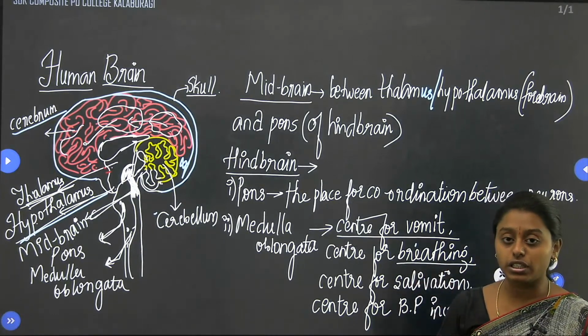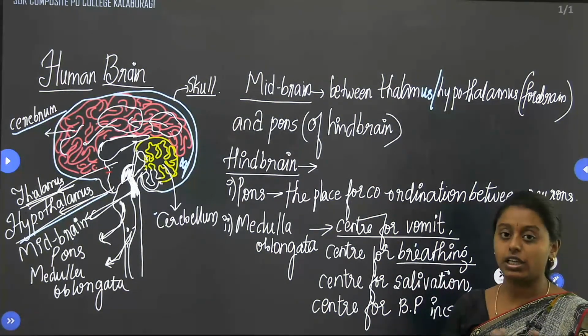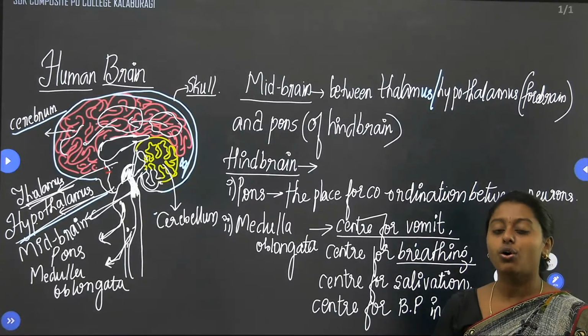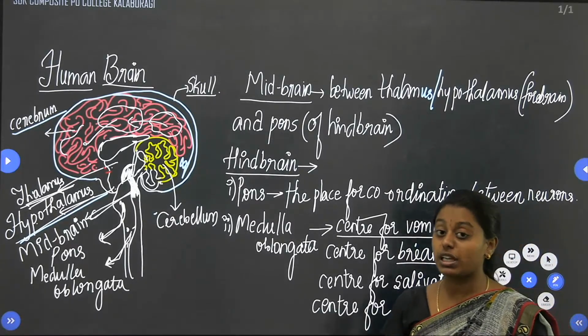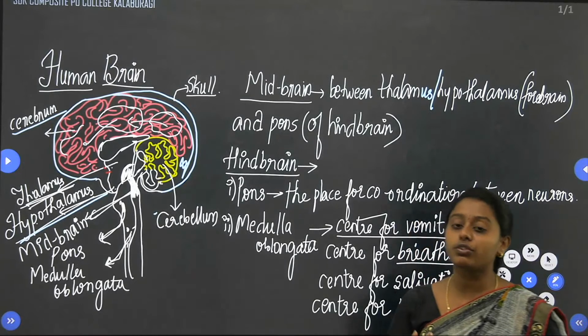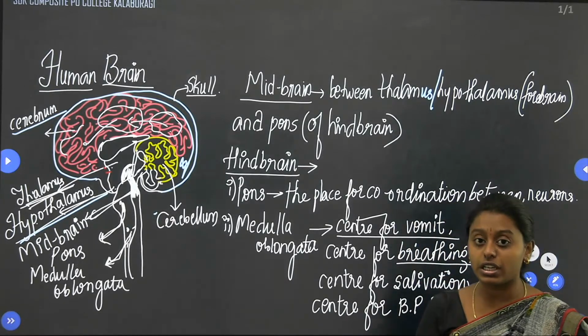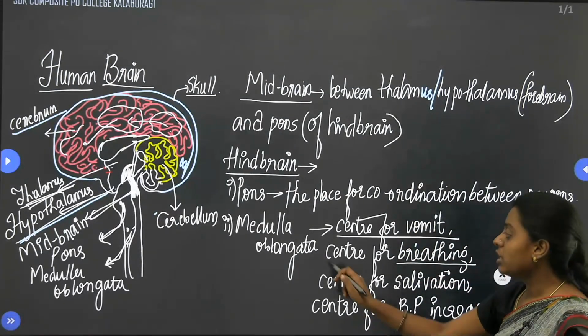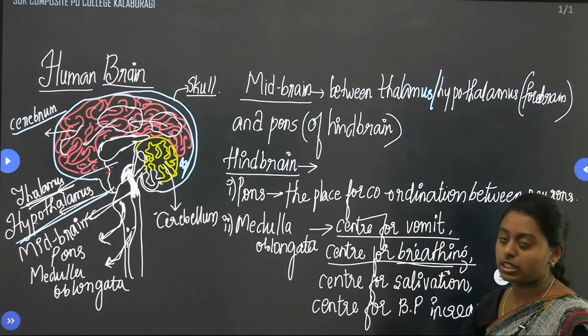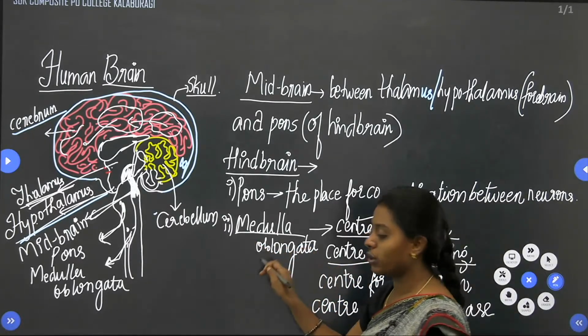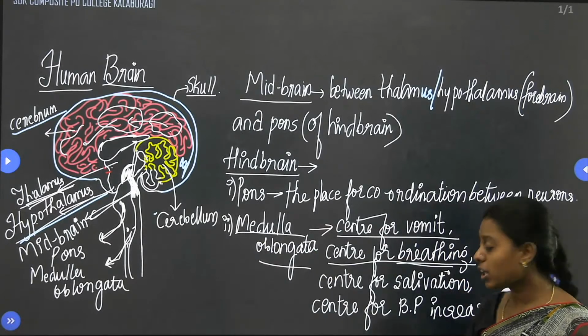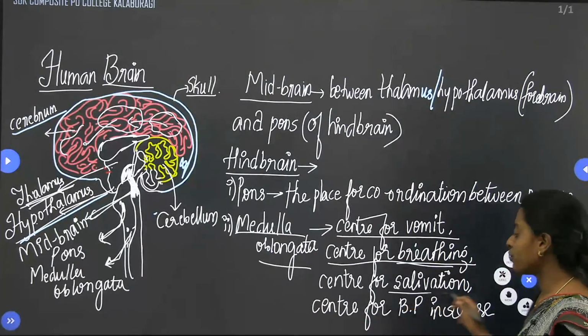If the rate of breathing of an individual during athletic conditions or any other sports has to be increased, then that rate of respiration or breathing can be increased by activating the breathing center that is present in the medulla oblongata. Along with which, the center for